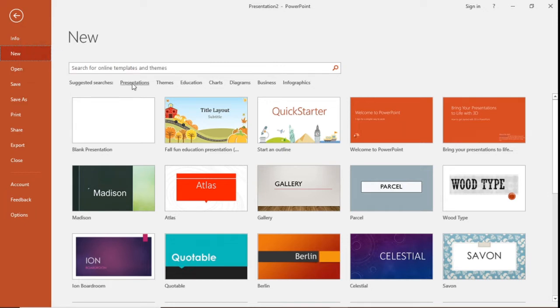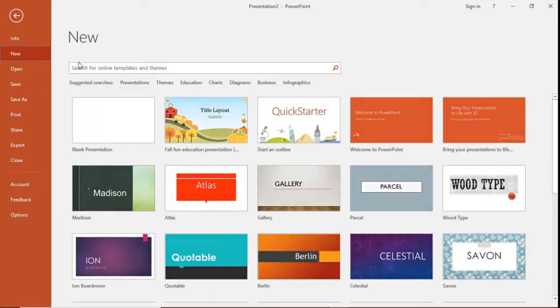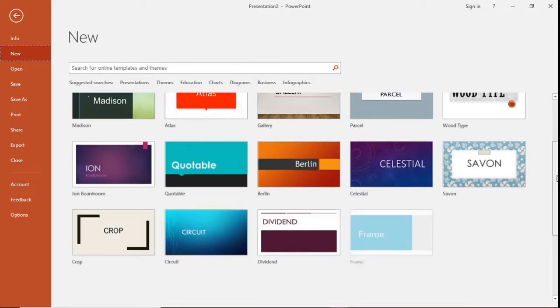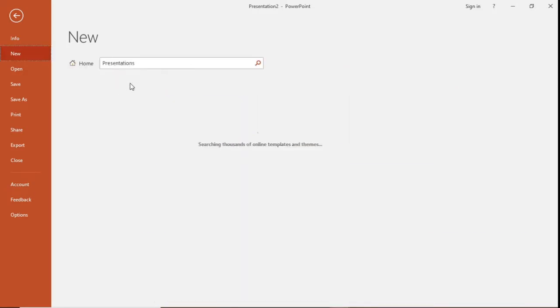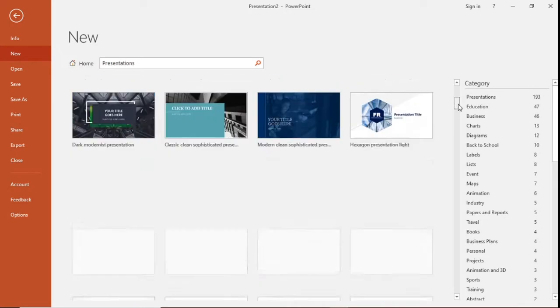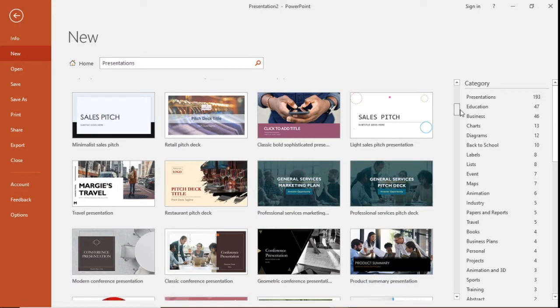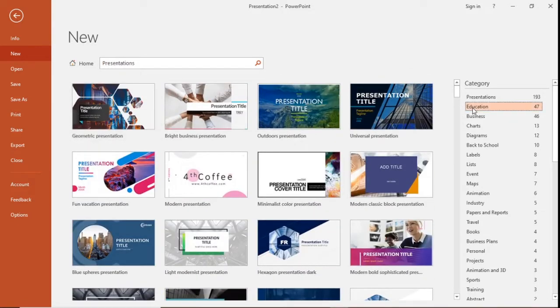As we saw in the previous video of Microsoft Word, we also have various options in Microsoft PowerPoint. By default, this is what will be displayed to us. We'll be displaying various themes in Microsoft PowerPoint. Now, if you see here, an option called presentations is there. When I click on this, a lot of predefined themes, or we can call these templates, are present. So I can choose any of the templates.